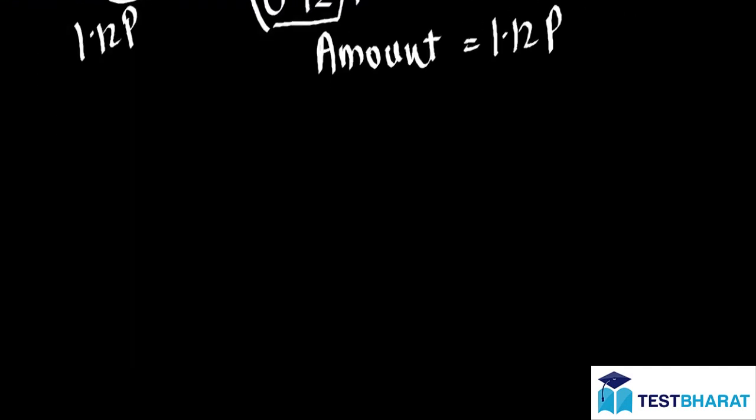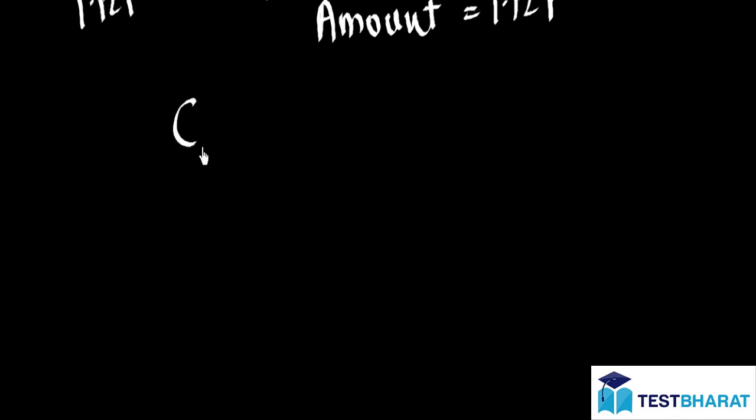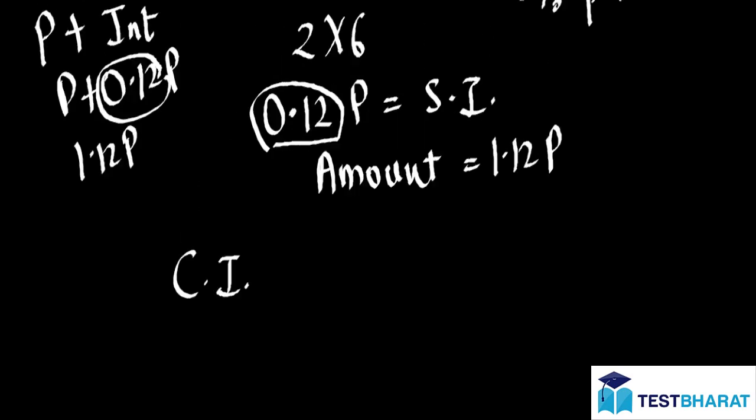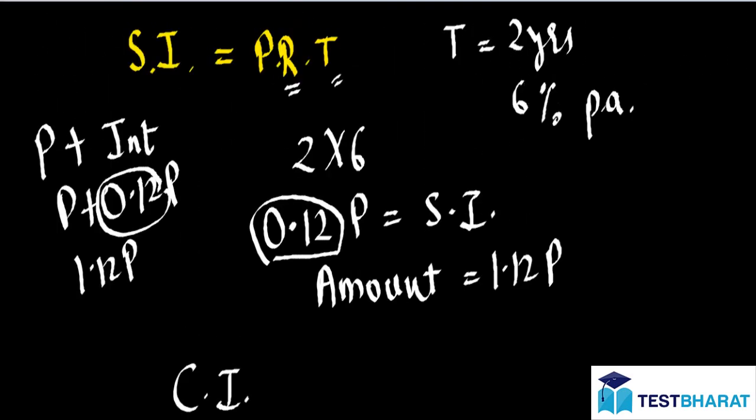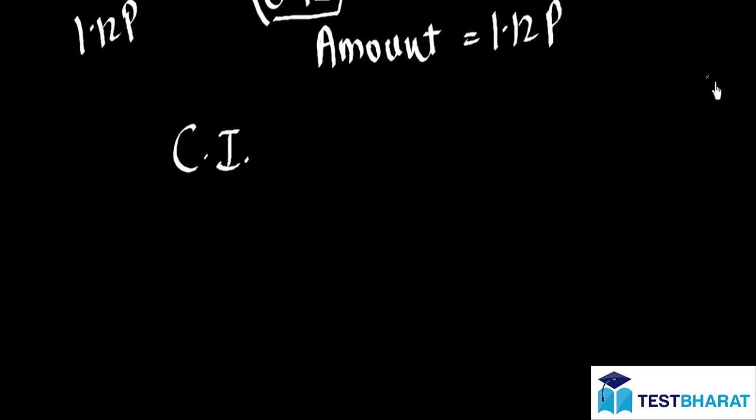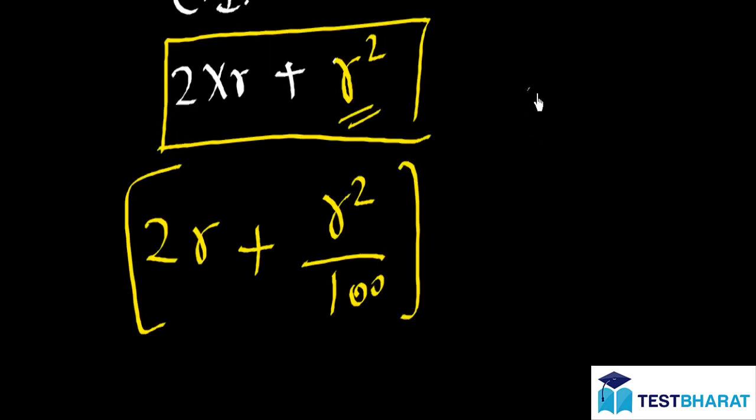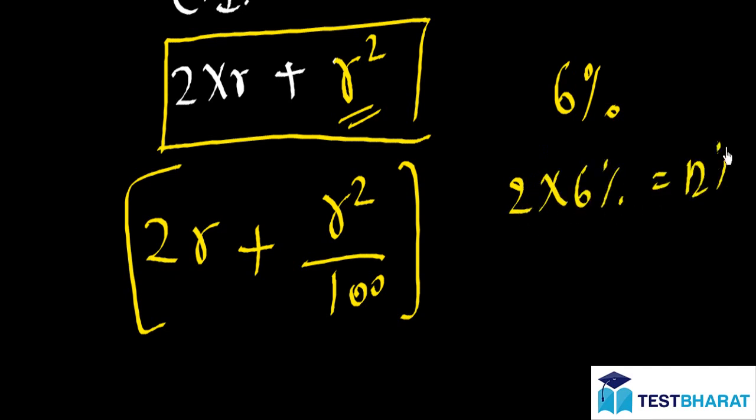Now let's say I have to calculate compound interest for the same problem. Time is 2 years and rate given as 6%. So R was here as 6% per annum. So I'll say 2 into 6% per annum, that will give me 12%. That is also my simple interest, or I'll multiply it by principal, then I'll get simple interest. So this is my net rate for 2 years in a simple interest problem.